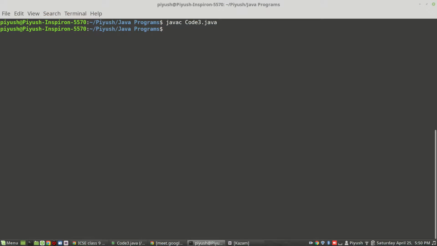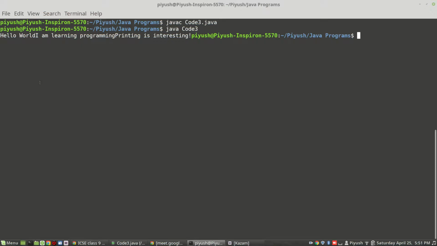It compiled successfully. That means it had no errors. Okay, and now we will see how our output will come on the screen. So we are going to execute the program. And here we go. You can see it on the screen. So yes, we can pat ourselves. We have done the first programming in real sense using Java.